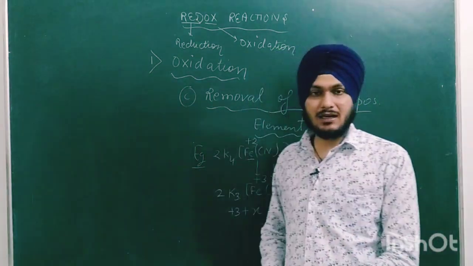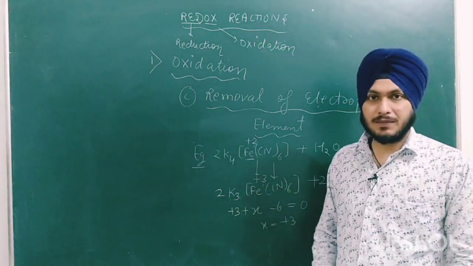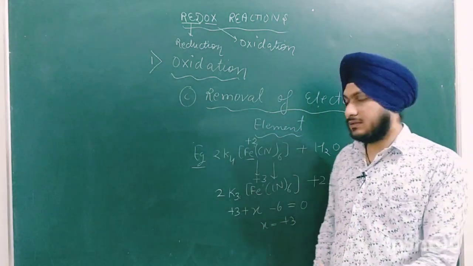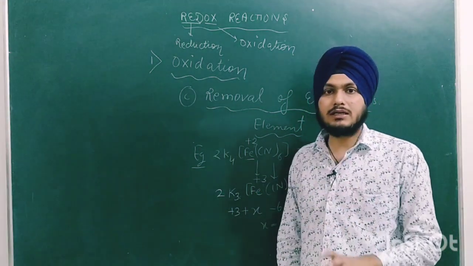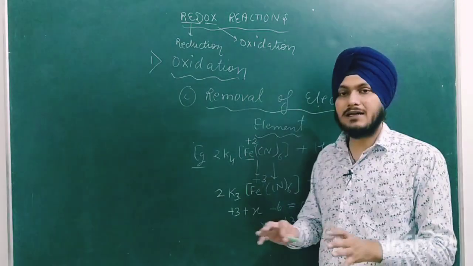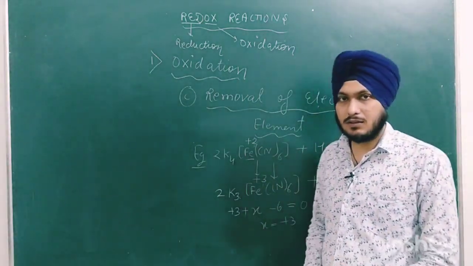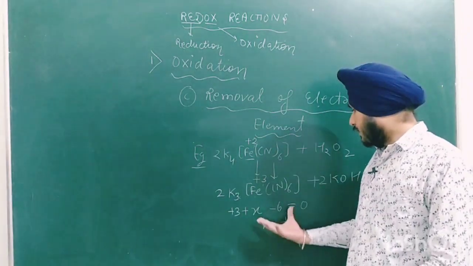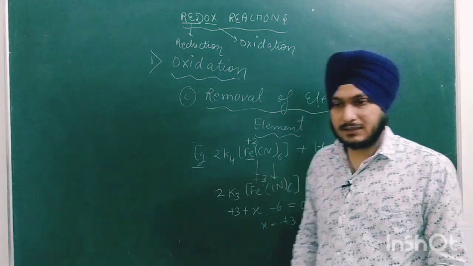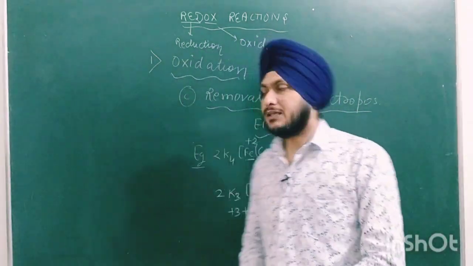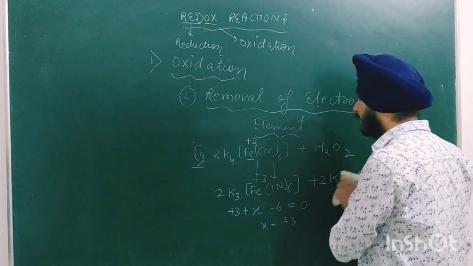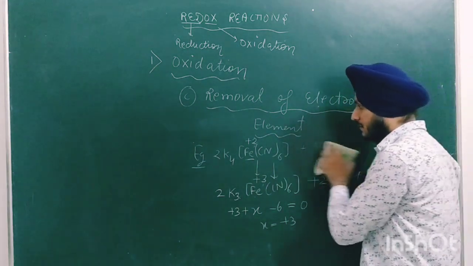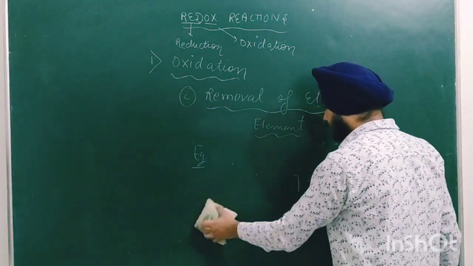We will discuss how to calculate the oxidation number also. After the basic things, we will learn how to calculate the oxidation number of each and every element in a compound. Firstly, we have to learn some rules. So this is the first example. There are many examples related to removal of an electropositive element; this is the simplest example. I will also give a few more examples.